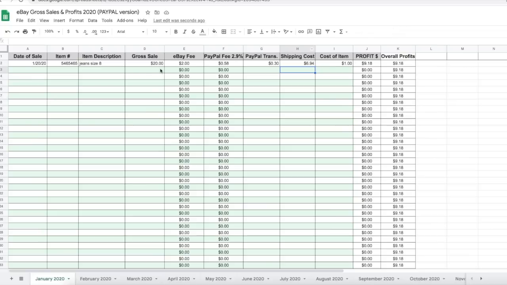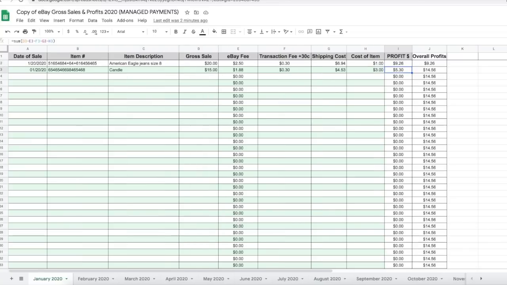Something else that I wanted to bring up is when it comes to gross sale. I already know that I'm going to get questions about whether or not gross sale should or should not include the sales tax that eBay has collected on our behalf. I would say it depends on whether or not you are paying the final value fees with the sales tax included. I am personally only paying the final value fee based off of the base sale, not including the sales tax. I've heard a lot of sellers say that they are paying a final value fee, including the sales tax,